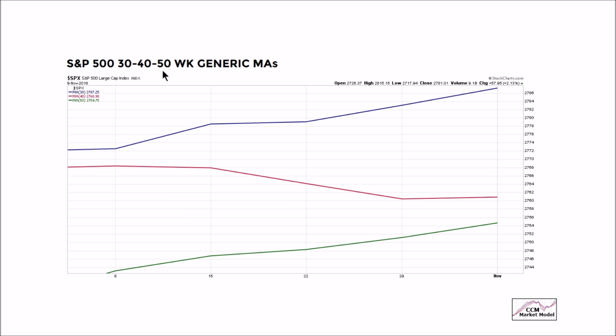This is our 30, 40, and 50-week moving averages, generic moving averages, to illustrate basic concepts. This is emblematic of our inflection point data. This was down, it's turned back up. That's good news. However, it could easily turn back down. So rather than go through chart after chart after chart showing incremental improvement, it's better to just say we have incremental improvement in numerous areas, but it's important to keep an open mind. We're not out of the woods yet.